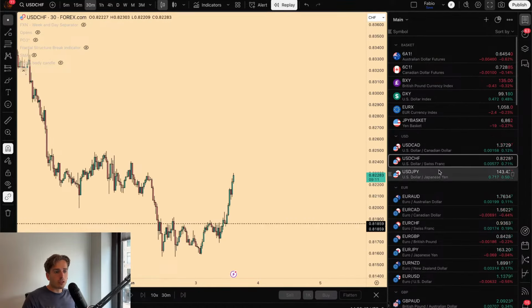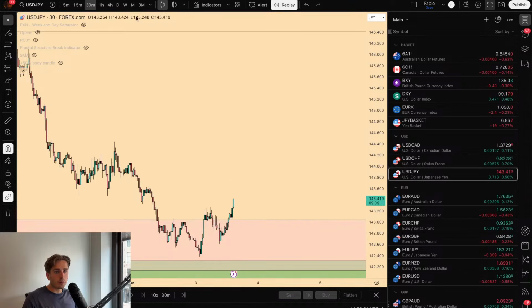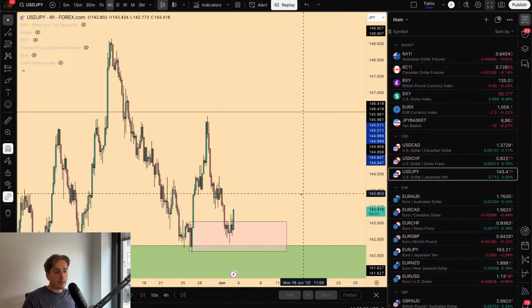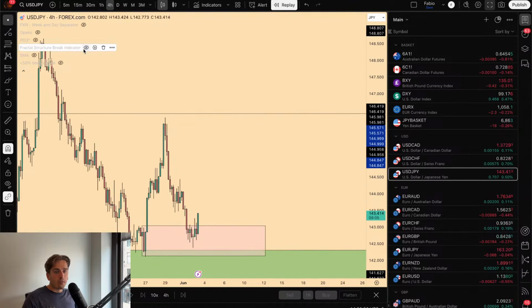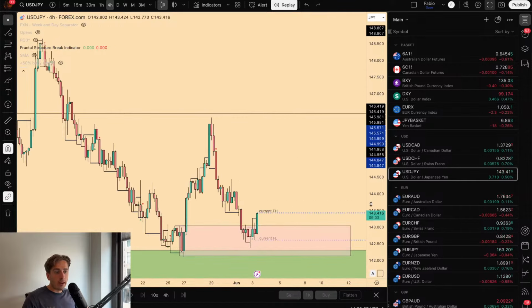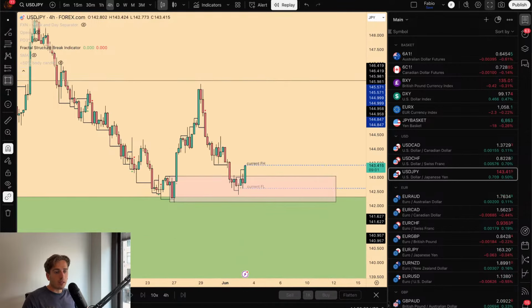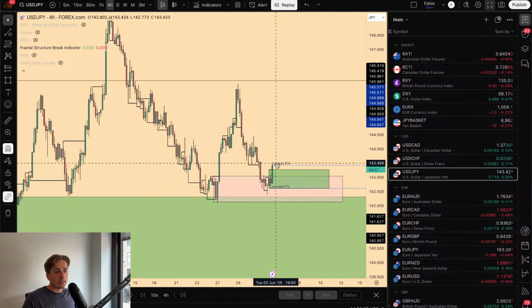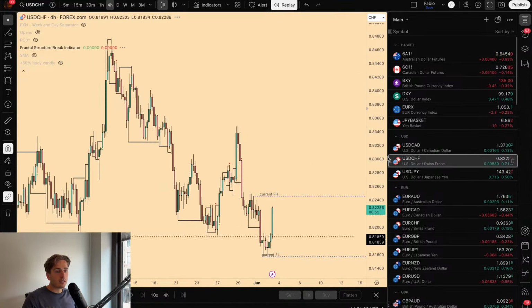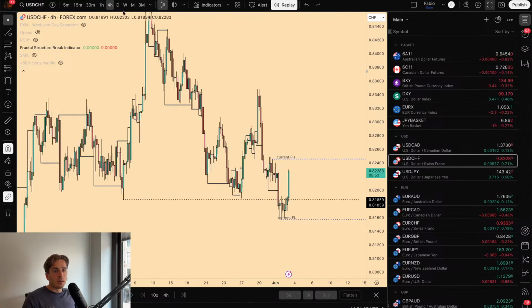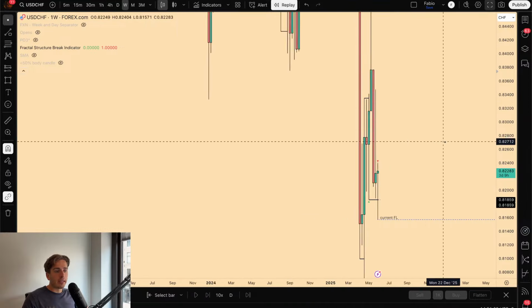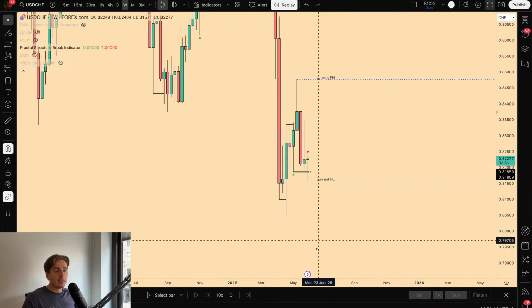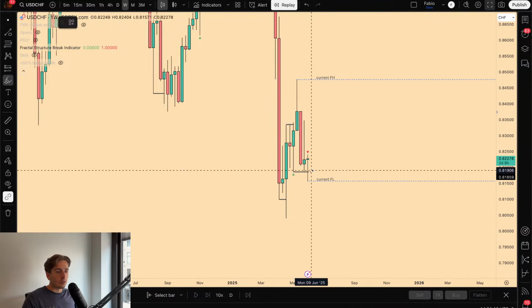So, I mean, dollar Swiss, dollar yen have been pushing up today, which is nice. USDJPY, obviously another 4-hour fractal break. To me, looking for more longs now again on UJ. Looking to see this again continue up higher. Same for dollar Swiss. I mentioned this on my Instagram story, I think yesterday, where we were,